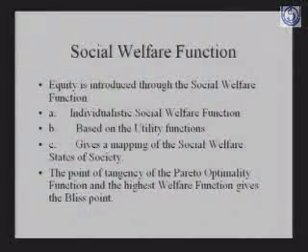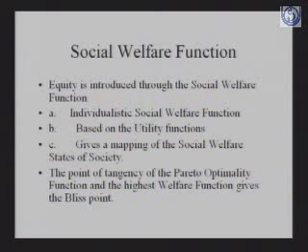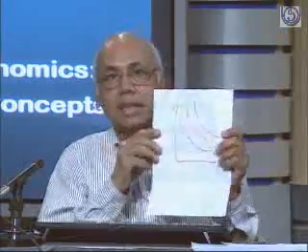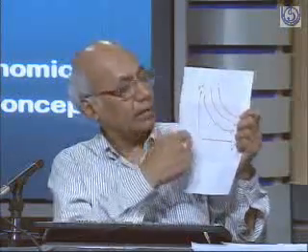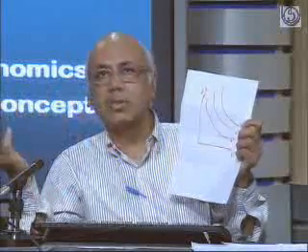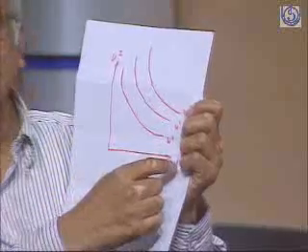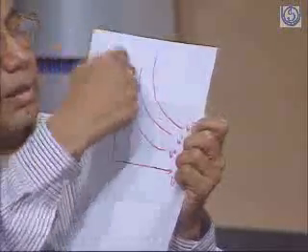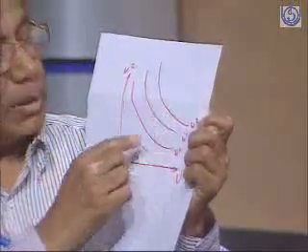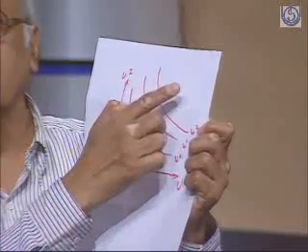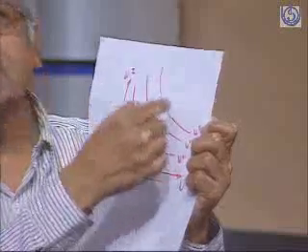So these mappings, and I will show you very shortly what these mappings will look like. If you focus on this, you find that you have, suppose, two individuals in society, and we can generalize that to more individuals in society. So you have U1 here and U2 over here, and these are the social welfare rankings. As you move up in this direction, the utility of each individual will move up. Okay, so therefore the welfare rankings increase.